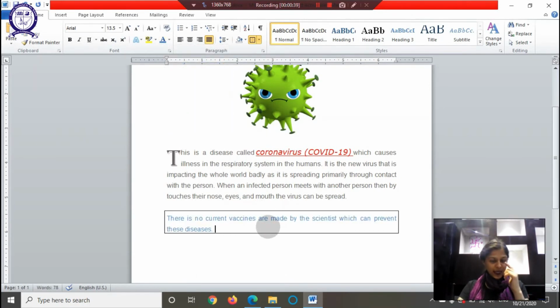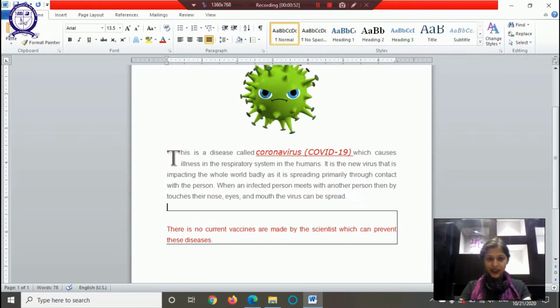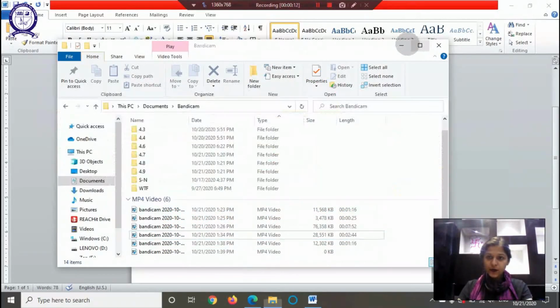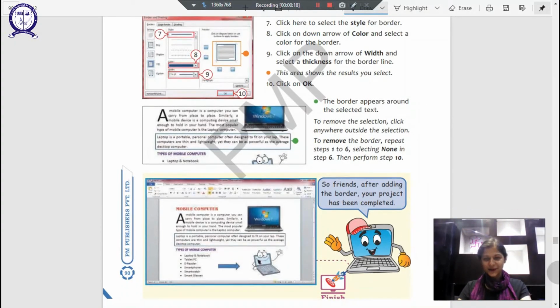inside a rectangle. But if I would like to highlight it further, I can change the font size and font color as well, or I can change my square to look something like this, rectangle to look something like this. So as you can see, this is how we add a border to a paragraph, a line, to make it more bold, to make it look more appealing, and we want to ensure that this is clearly visible, right?